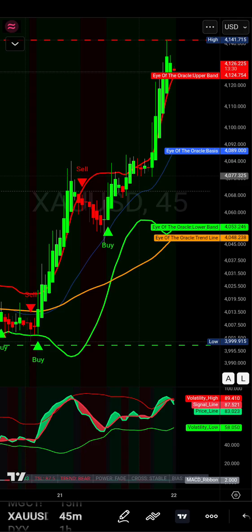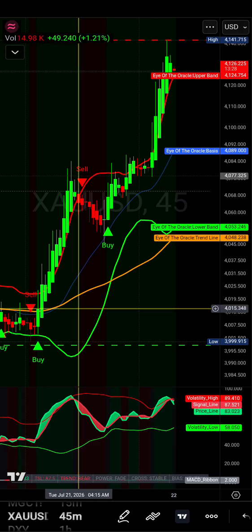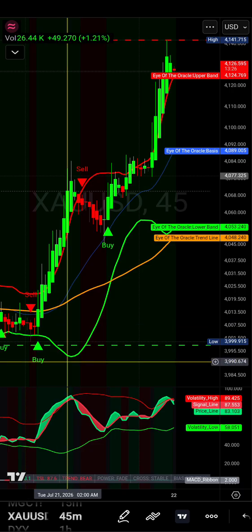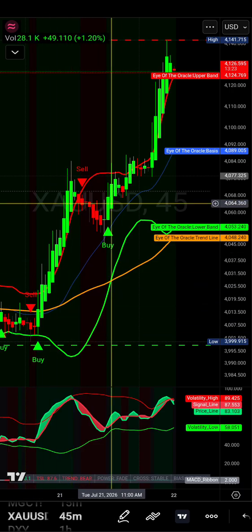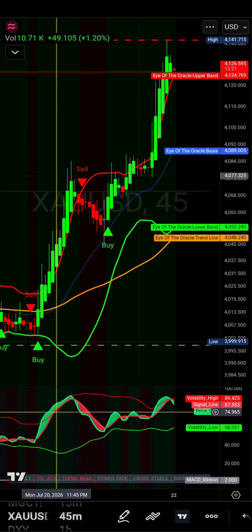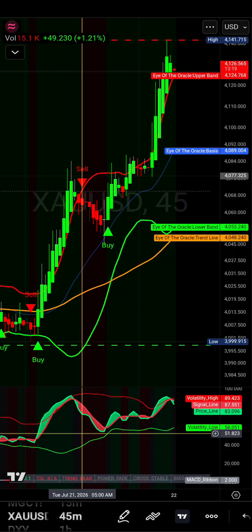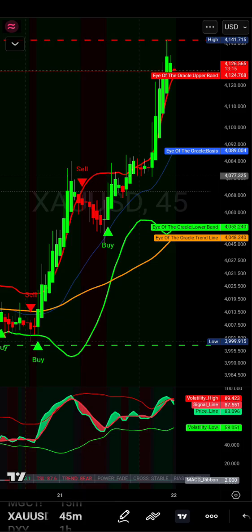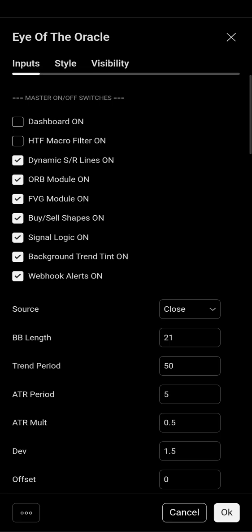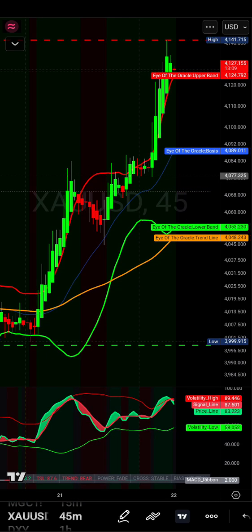So like I said, we would have taken this trade. I'm going to show you a walk around. We got some signals, some lines on the screen, some green and red things, and the same thing down here. We got this little thing, we don't know what any of this is. We're new to trading, right? So I'm going to walk you through it. Let's go hit into the system. I'm going to turn this on. You'll learn how to do this on your own. I'm going to turn the signals off. Let's stop paying attention to the signals and just pay attention to what's on the screen.